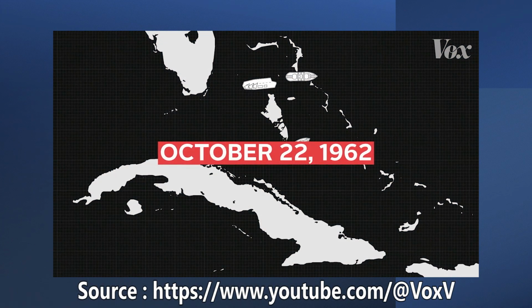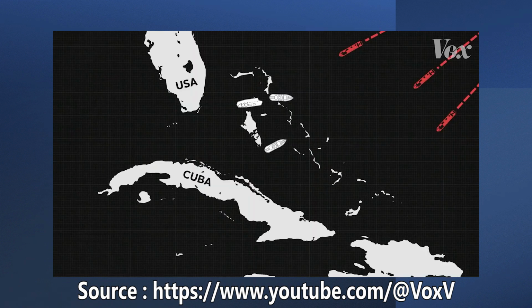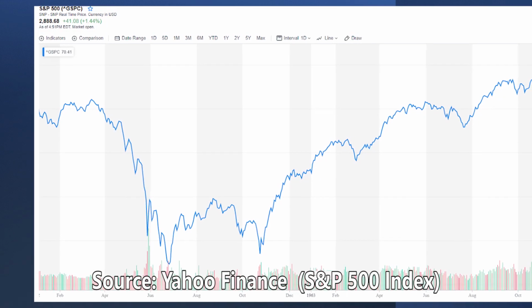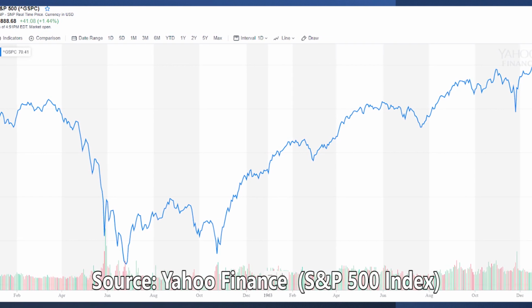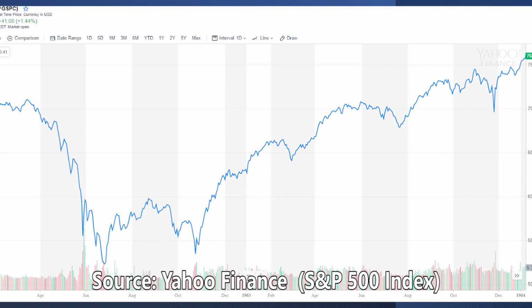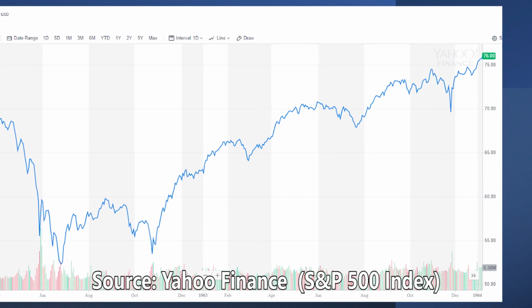For example, during the Cold War, one of the key tension points was the Cuban Missile Crisis, which happened in October 1962. Interestingly, the market had already been declining at the beginning of 1962 as tensions were rising. And at the point of maximum pessimism, where the world seemed to be on the brink of nuclear war in October 1962, that was actually the lowest point that the stock market reached. Then the stock market quickly rebounded and reached a record high at the end of 1962. So even if someone had invested at the peak in 1962, the portfolio would have recovered by the end of 1963, just 2 years later.